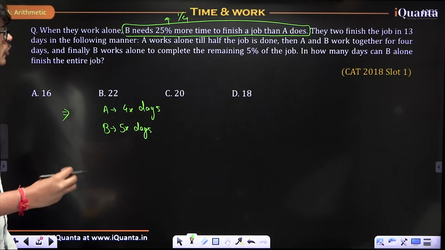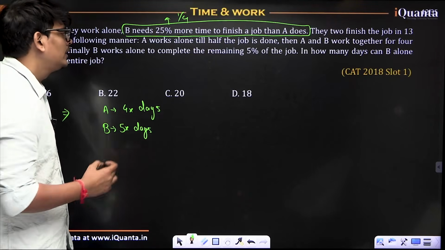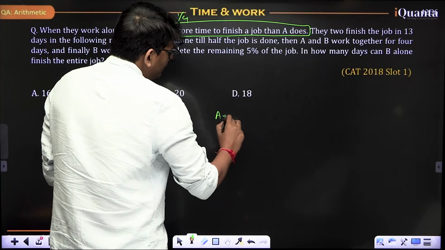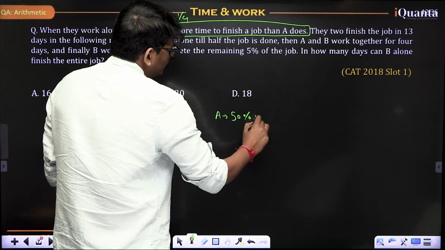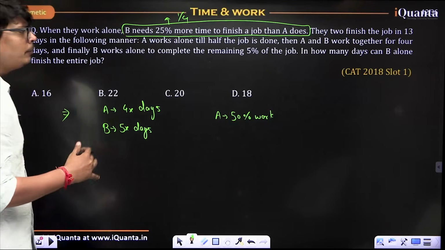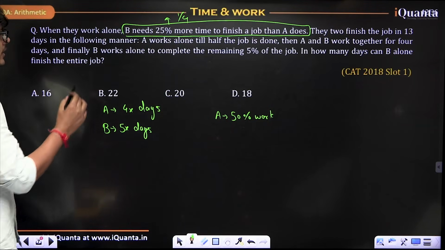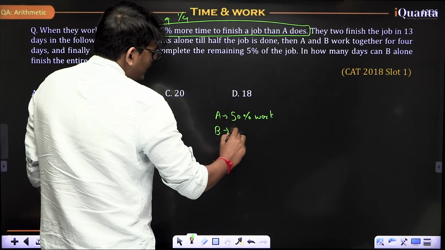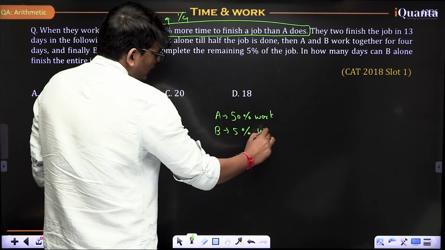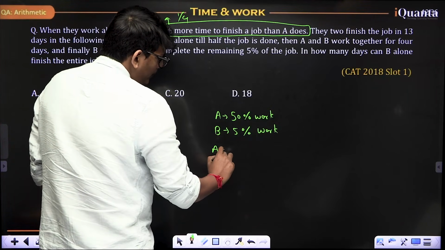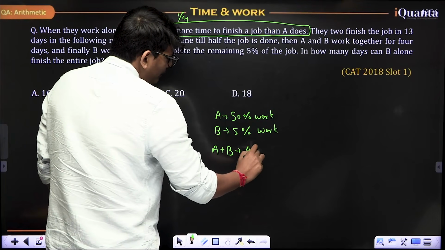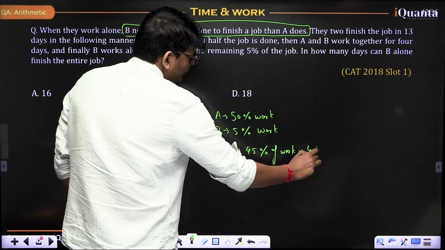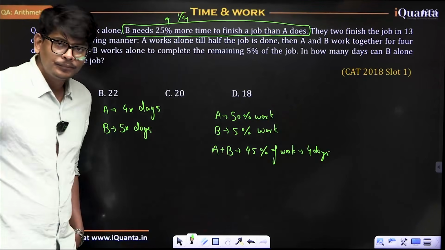They two finish the job in 13 days in the following manner. A works alone till half the job is done. So A completed 50% of work alone. A and B work together for 4 days and finally B works alone to complete the remaining 5%. So B has done 5% of work. So we can understand that A plus B has done 45% of work in 4 days. Right? Now,